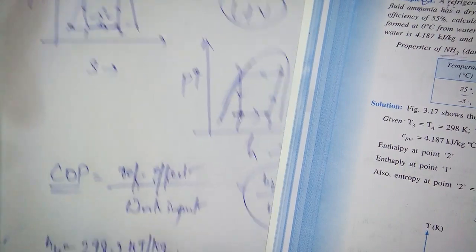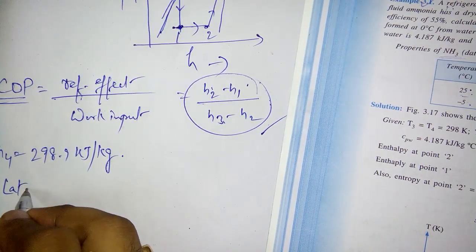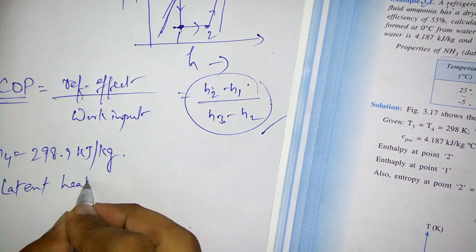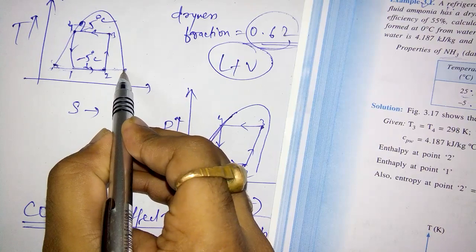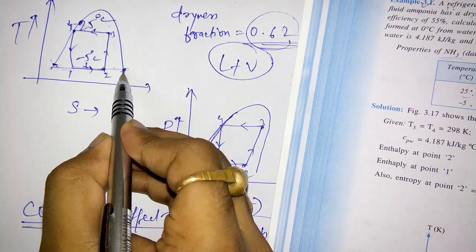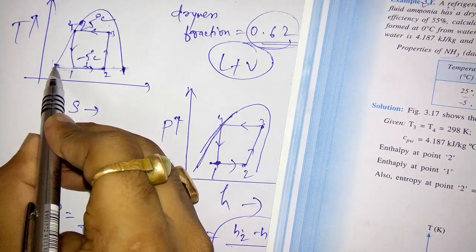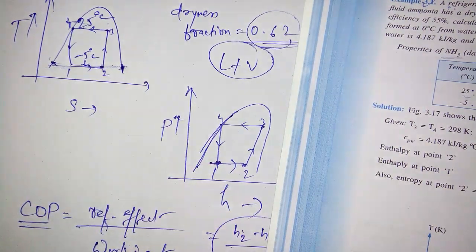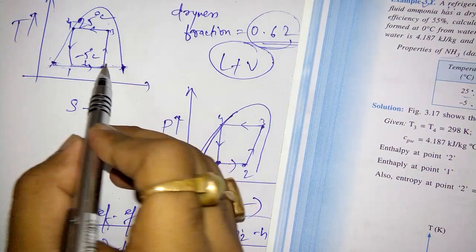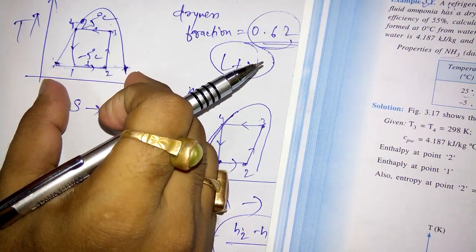Latent heat is nothing but Hg minus Hf. Hg, this point is G and this is F, that means vapor and liquid. Why is this point representing latent heat? Because latent heat, that means